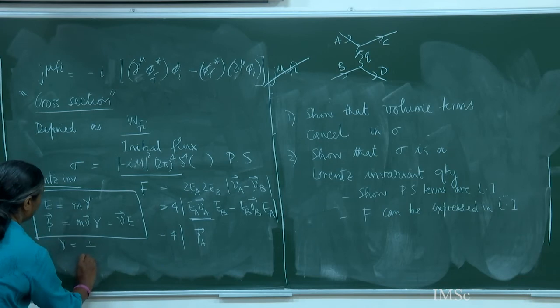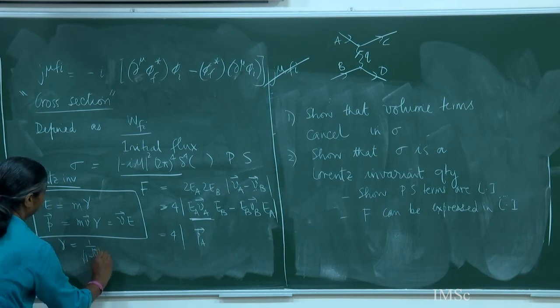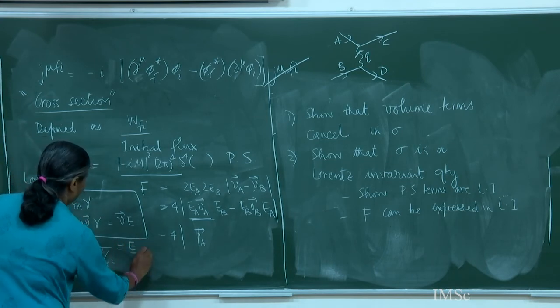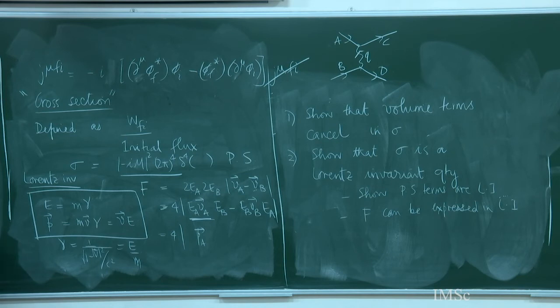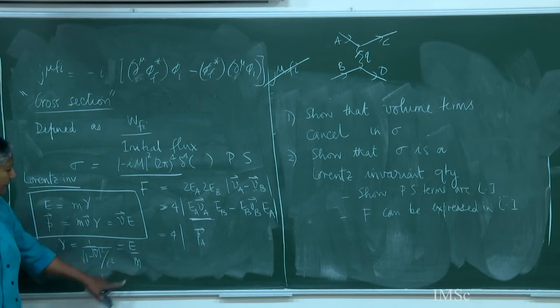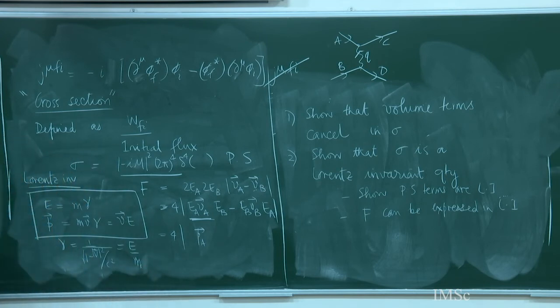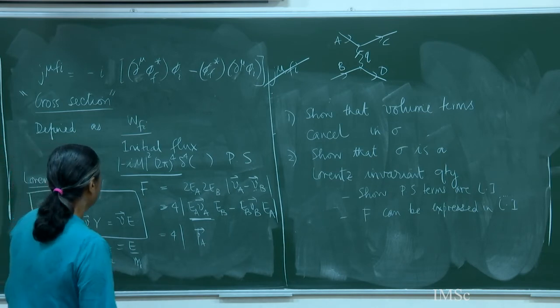Gamma is equal to 1 by root of 1 minus v squared by c squared, that is equal to E by m. E is the energy, p is the 3 momentum, m is the mass, gamma is this. Gamma is always E by m. You might be familiar with looking at gamma as E by mc squared, but for me c's are all 1. So gamma is simply E by m, which is also 1 by root of 1 minus mod v squared by c squared, and so p is m v gamma, which is v times E, right? This is just special theory of relativity, right? So this is p_A E_B